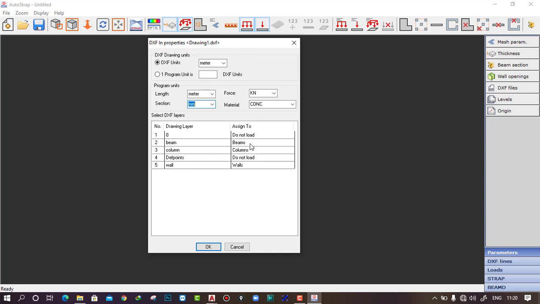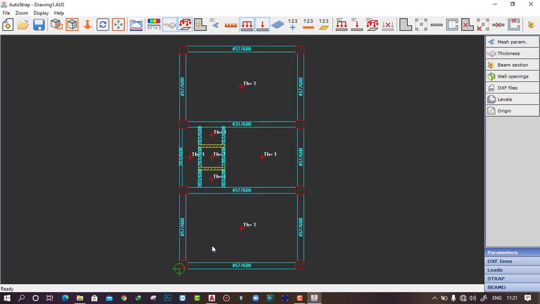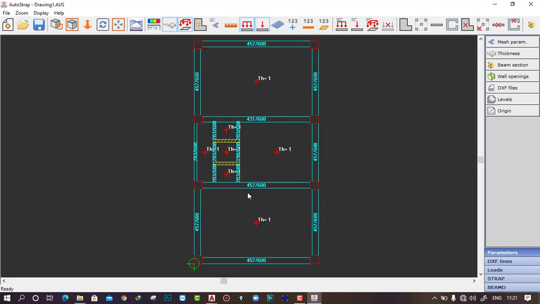So this is my beam. Obviously this will be created in beams. You can see there are several other options. So I want my beams in the beam layer, and the columns assigned to the columns. The depth point, there is no use of this layer, and the walls will be assigned to the walls layer. Now if you click on OK, you can see here the DXF file we have imported, and all the